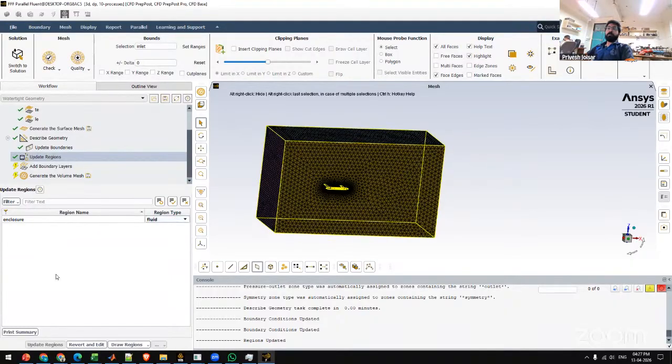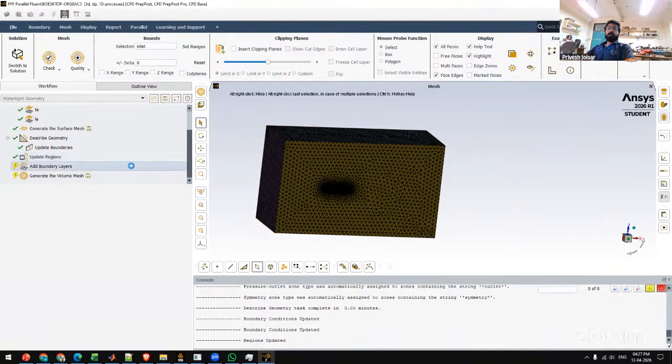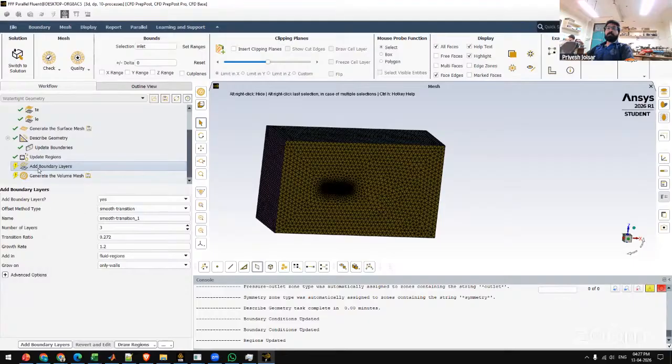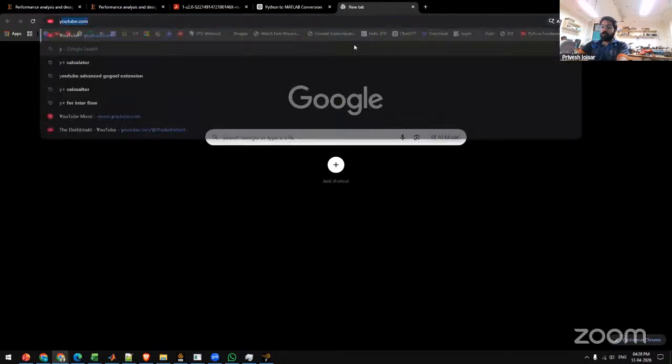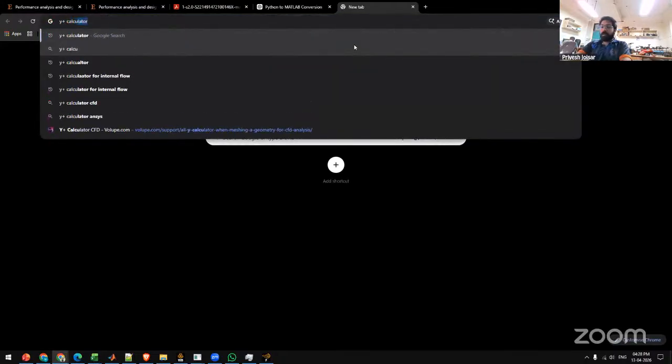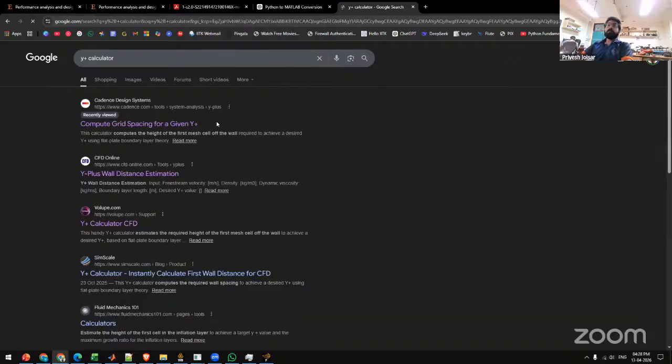See, enclosure is a fluid. Okay. Then about the boundary layers. There are various tools where we can determine what would be the first length of the boundary layer height. What you can do is just Google it, y plus calculator. You see there are a lot of y plus calculators here,